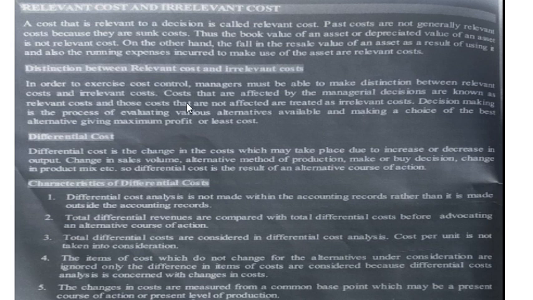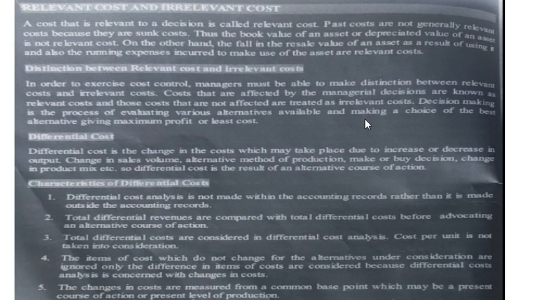Next, distinguish between relevant cost and irrelevant cost. In order to exercise cost control, managers must be able to distinguish between relevant cost and irrelevant cost. The management should know which costs are relevant, that is, the expenses he is going to incur frequently in his production process every time, irrespective of whatever production he is doing. The costs which are recurring, you need to classify, and then identify the irrelevant costs. Irrelevant costs are the past costs, also called sunk cost, which have already been recorded. It is only historical data.